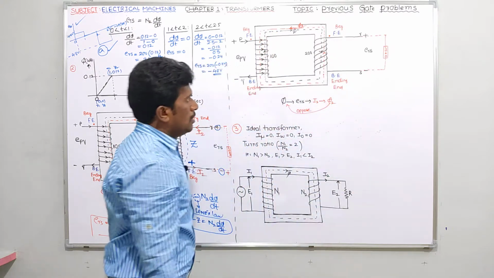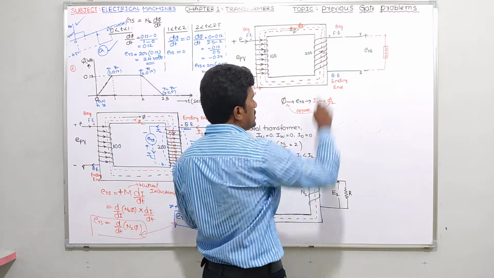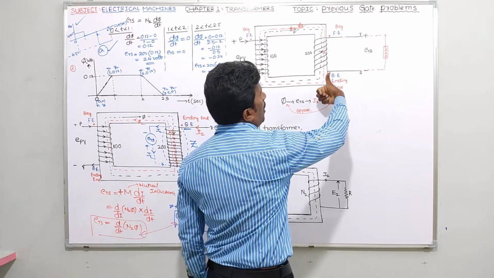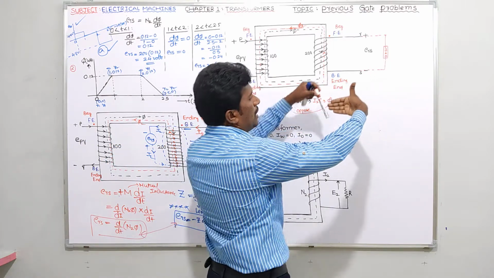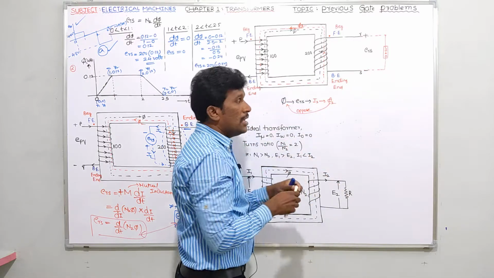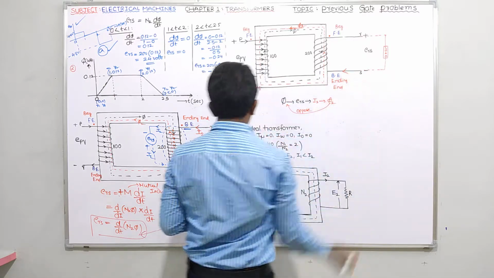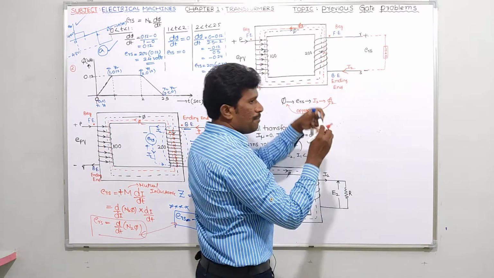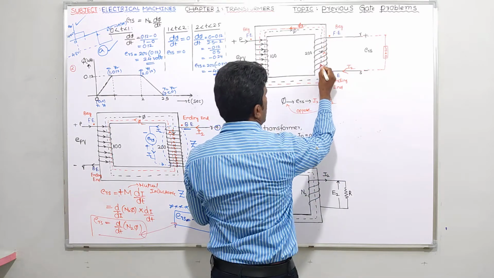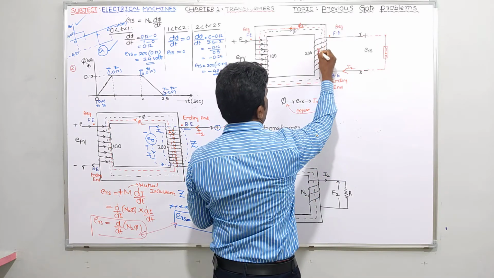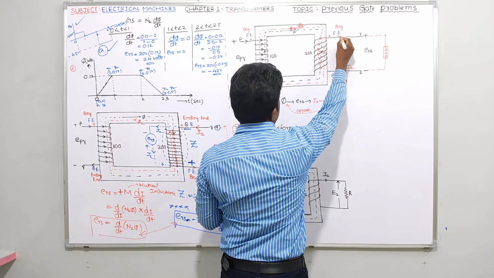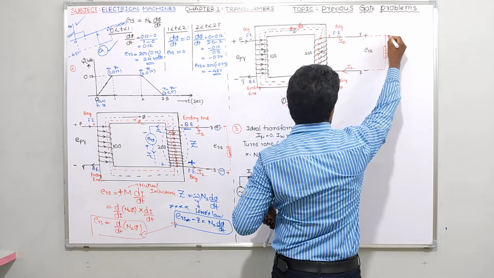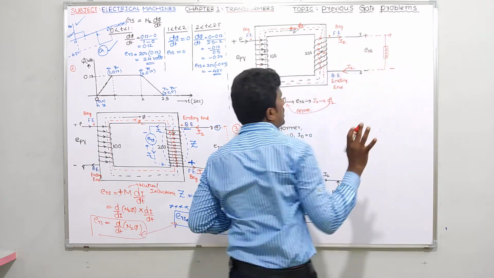Now tell me once again, if I want the direction of phi2 upwards, using the right hand thumb rule with the thumb along the direction of flux, the current must enter at the back end. In place of the previous question, the back end is here. So this is I2: current is entering at the back end and leaving at the front end. This is the direction of current I2. As I told you, current always flows from plus to minus at the load. That is also verified here.